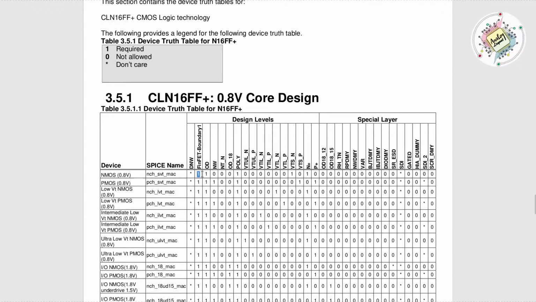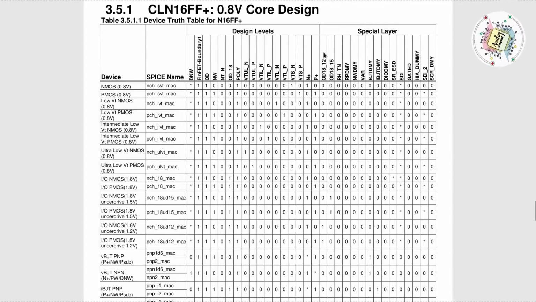The first lithography is fin boundary, the second lithography is OD, and the third step is poly. So the foundries are directly skipping all the steps in between, whatever is there, and coming directly to the poly fabrication. Likewise, we have multiple devices here in the tabular column. Based on the device need, the lithography steps should be there.